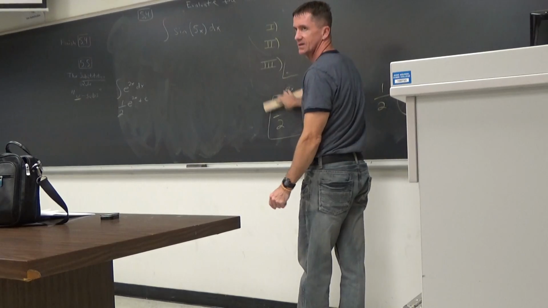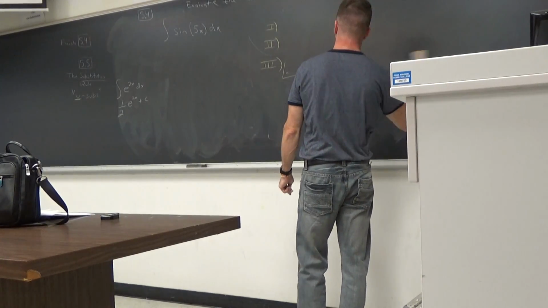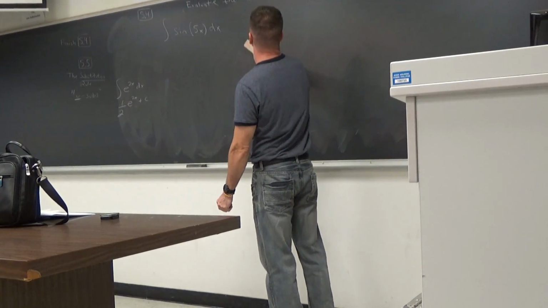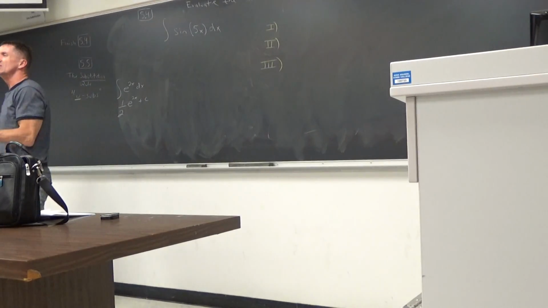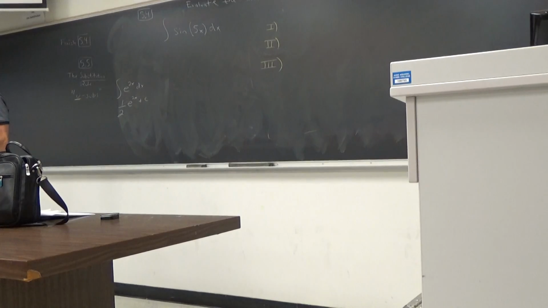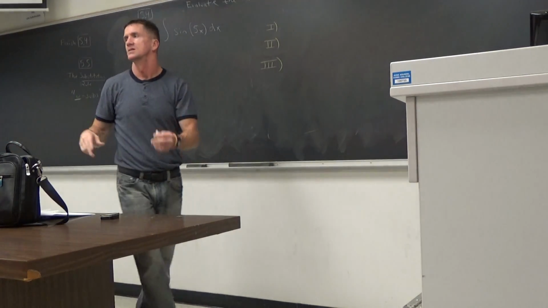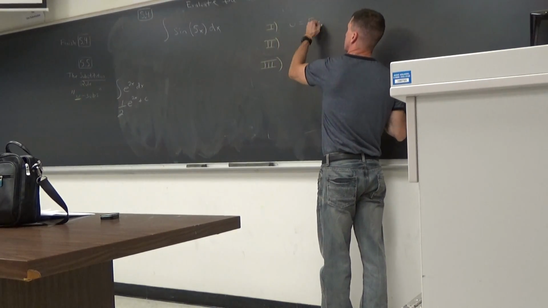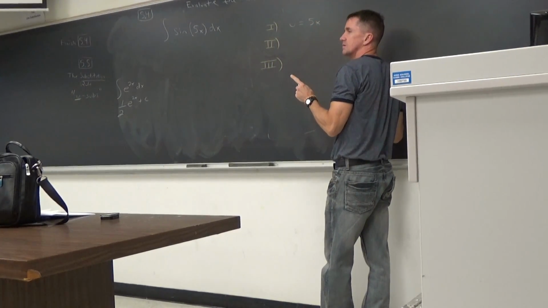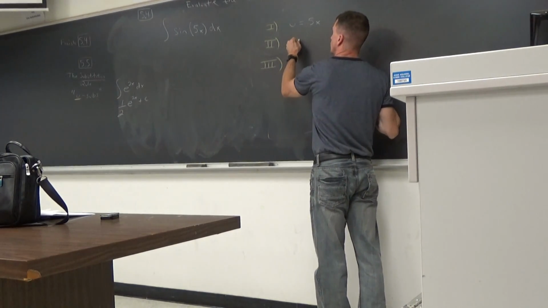What do you think? U equals 5x. It's like you're already experts. What do you think we'll let u equal? And do you notice we need the substitution rule? It's not just sine of x, it's sine composed of 5x. So we'll let u equal what? 5x. All right, what's step 2? du equals, what's the 5